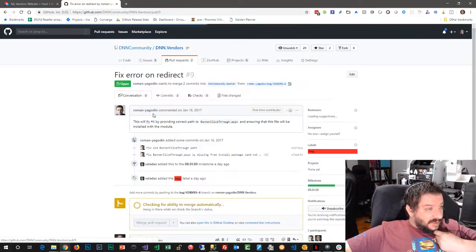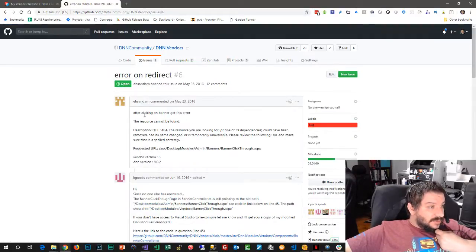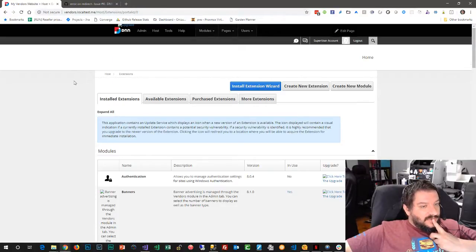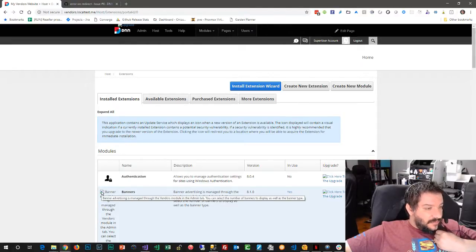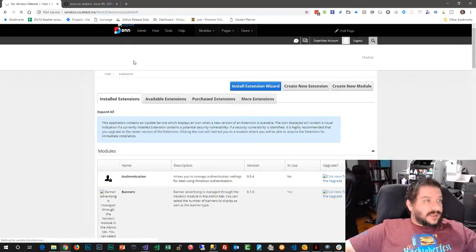So we have Roman here. That fixes number 6. So number 6 issue, after clicking on banner, get this error, the resource cannot be found. And yeah, before getting into that, I want to reset the site here and fix those. Because my guess now is that the file links are all wrong because we messed up with